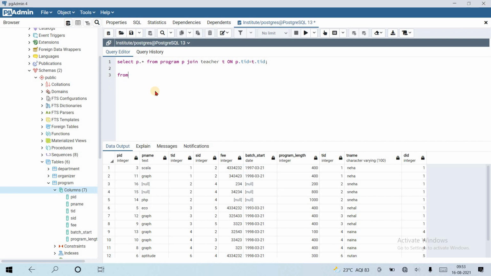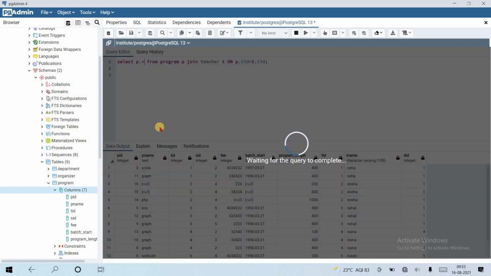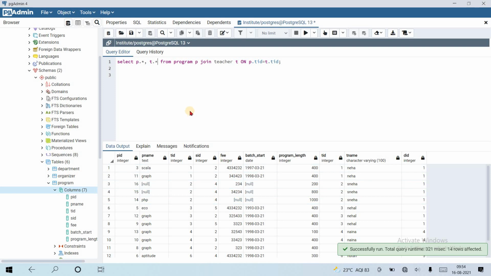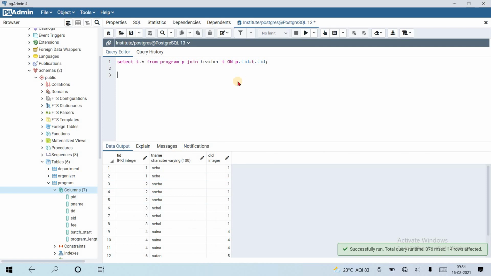So let's select p dot star, meaning all columns from the program table, and comma t dot star, that is all columns from the teacher table. That's it. Like that we can fetch t dot star from the teacher table.